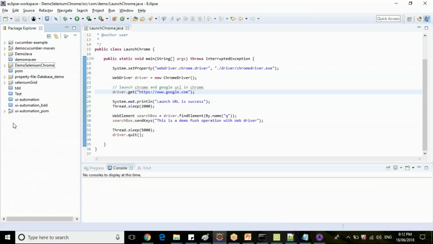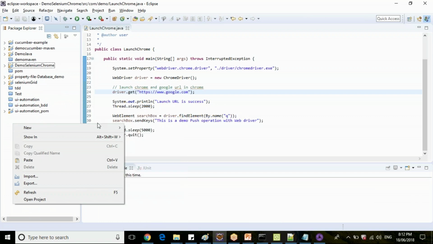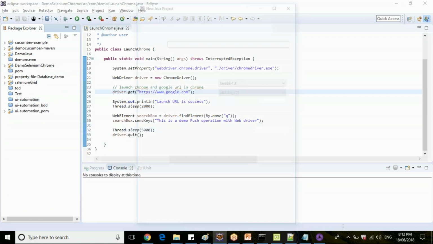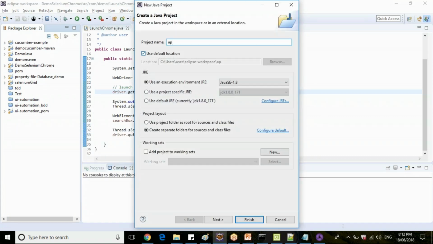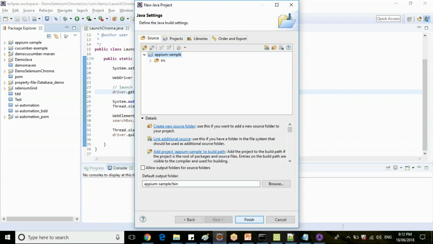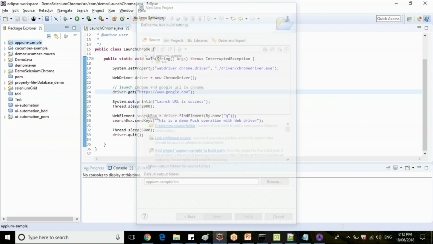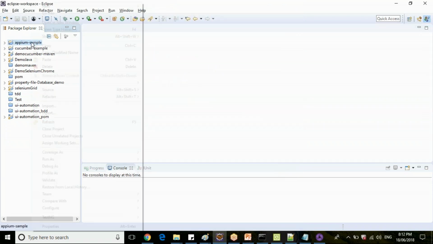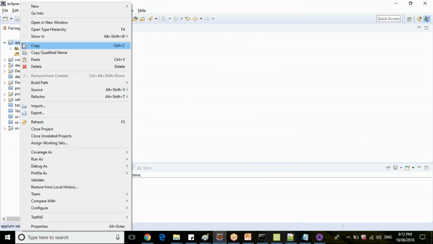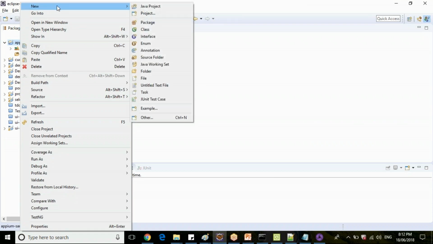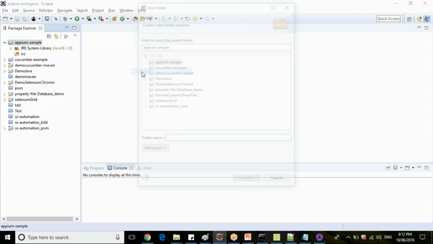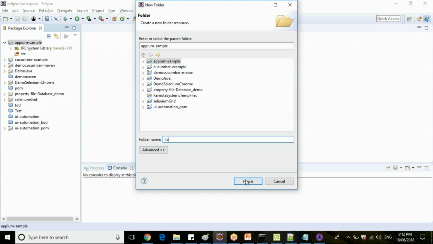So let me minimize other projects. Create a new Java project. Let me name it as APM samples. To save the jar files, let me add a simple folder called library file here.